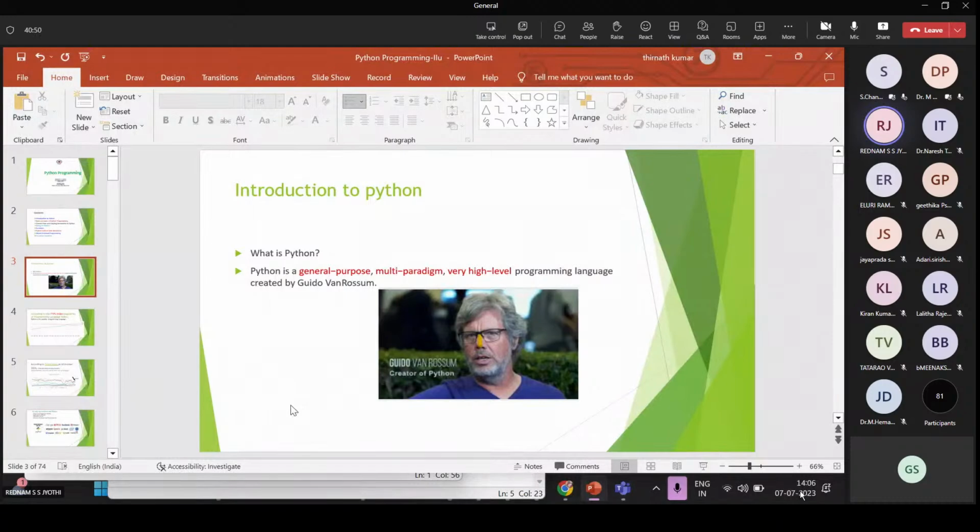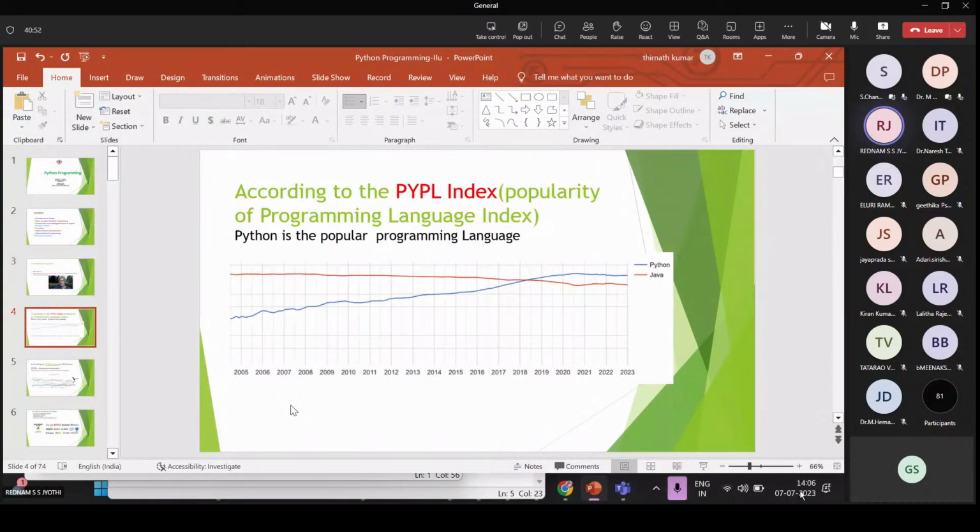Now, this is the PYPL index, the popularity of programming languages index. Python has been one of the most powerful programming languages from 2018 onwards.